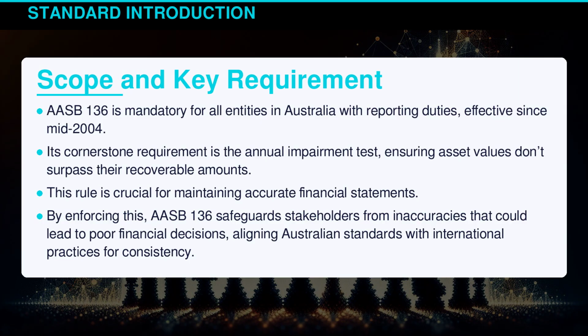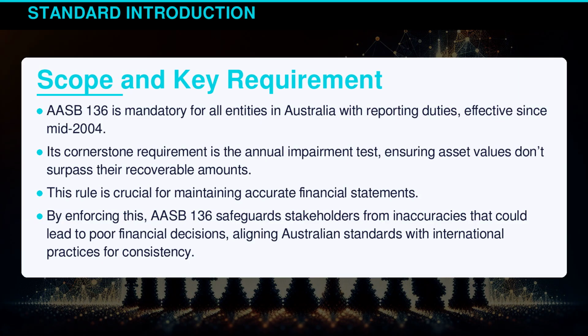AASB 136 is mandatory for all entities in Australia with reporting duties, effective since mid-2004. Its cornerstone requirement is the annual impairment test, ensuring asset values don't surpass their recoverable amounts. This rule is crucial for maintaining accurate financial statements. By enforcing this, AASB 136 safeguards stakeholders from inaccuracies that could lead to poor financial decisions, aligning Australian standards with